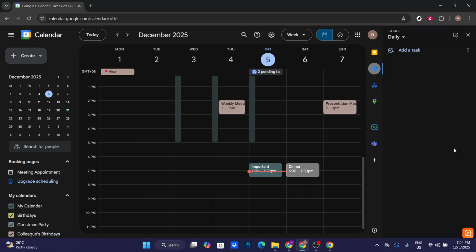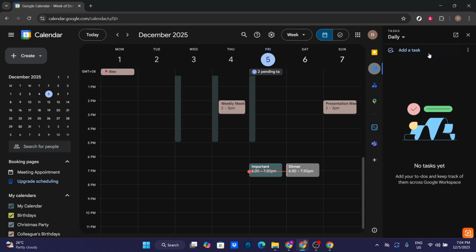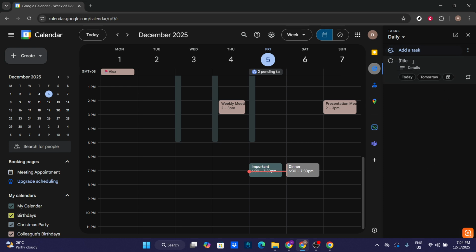Click Add a Task and type a short, action-focused title. For example, Report. Keep titles concise so they're easy to scan. After naming it, click Details to expand the task. Use this space to add helpful notes like invoicing or specific to-dos you want to remember. The details field is great for context. You don't want cluttering the title, and it ensures you know exactly what done looks like when you come back